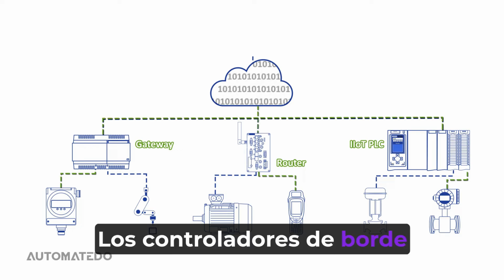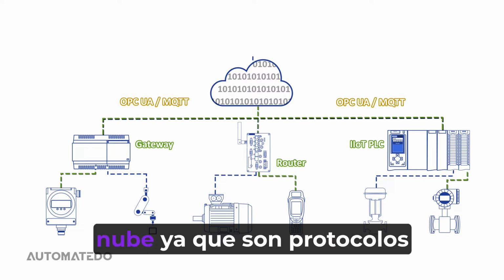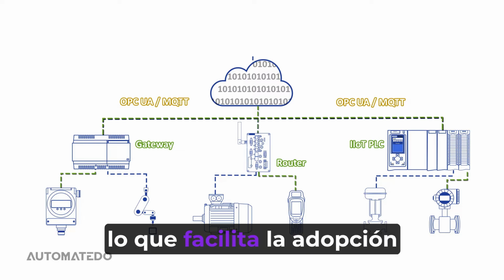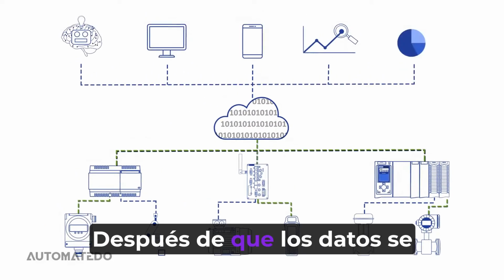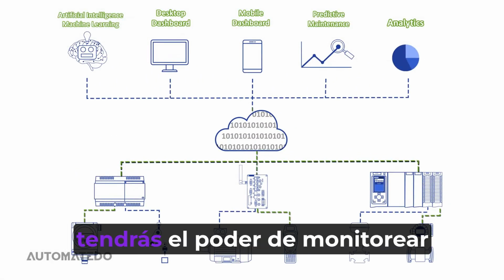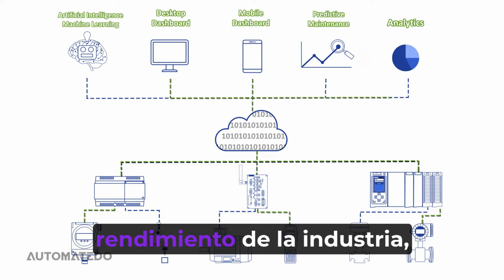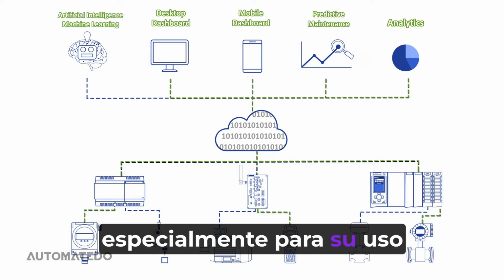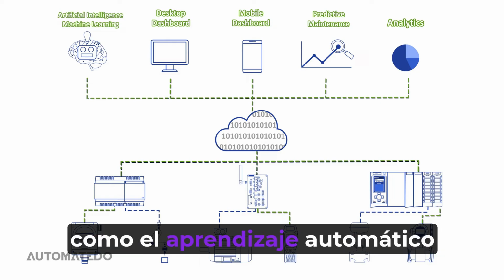The edge controllers use OPC UA or MQTT protocols to pass data to the cloud since they are open protocols and are manufacturer independent, which facilitates IoT adoption and integration. After the data has been stored in the cloud, you will have the power to monitor and control operations, analyze statistics on industry performance, anticipate upcoming behavior, especially for use in maintenance, and use advanced capabilities such as machine learning